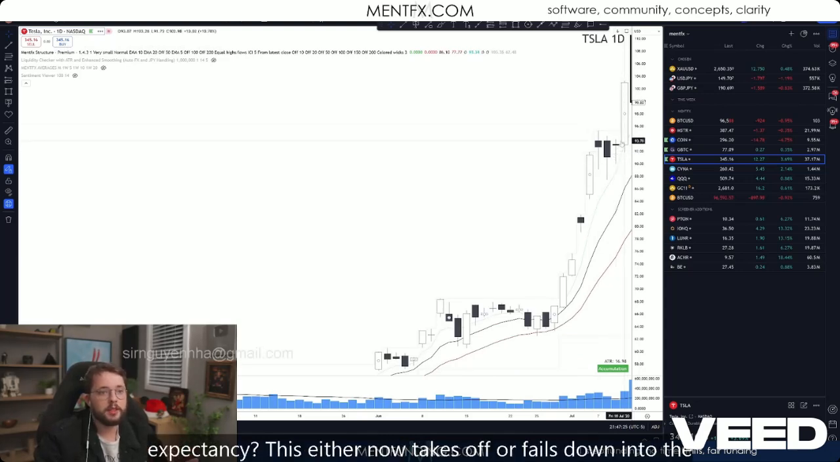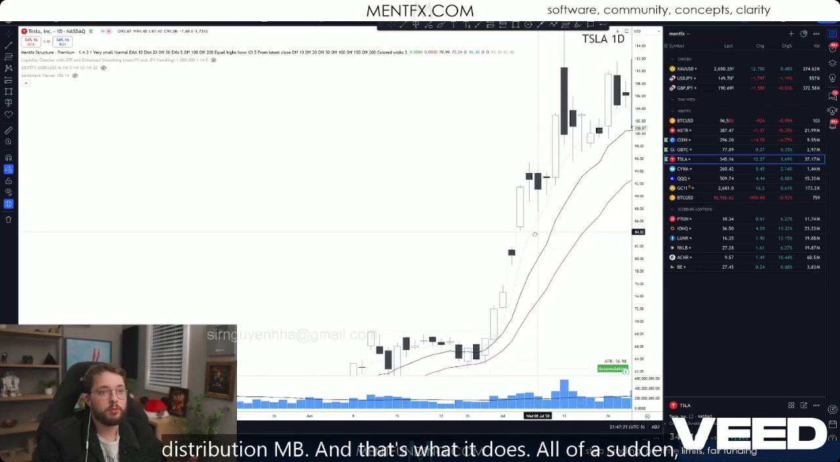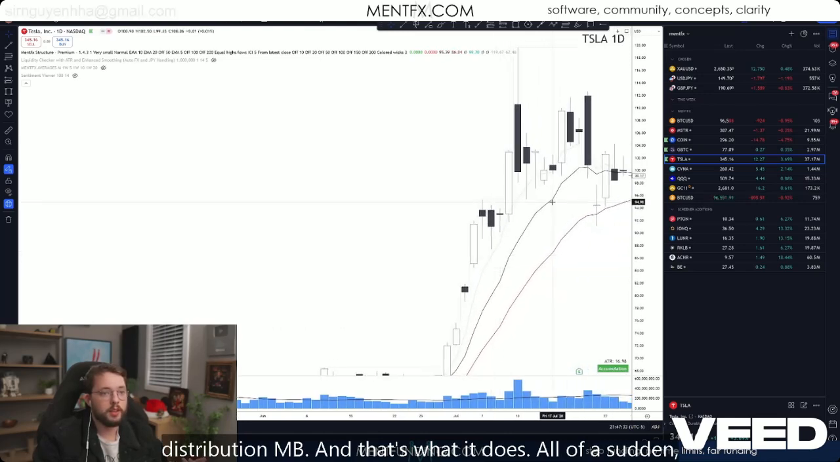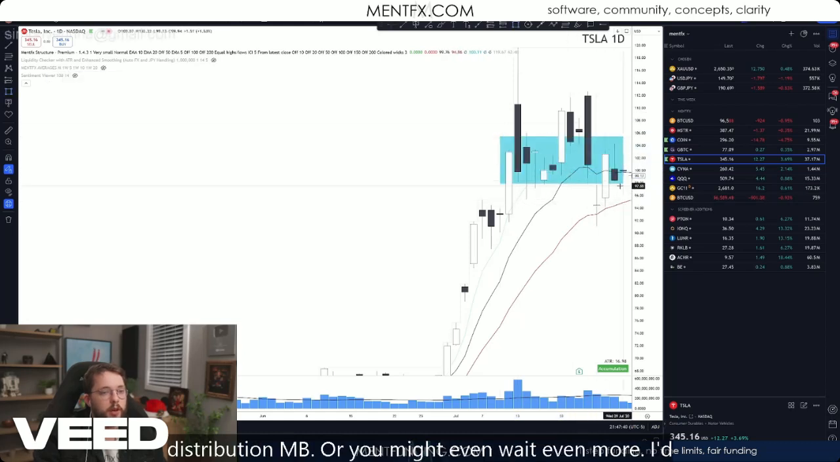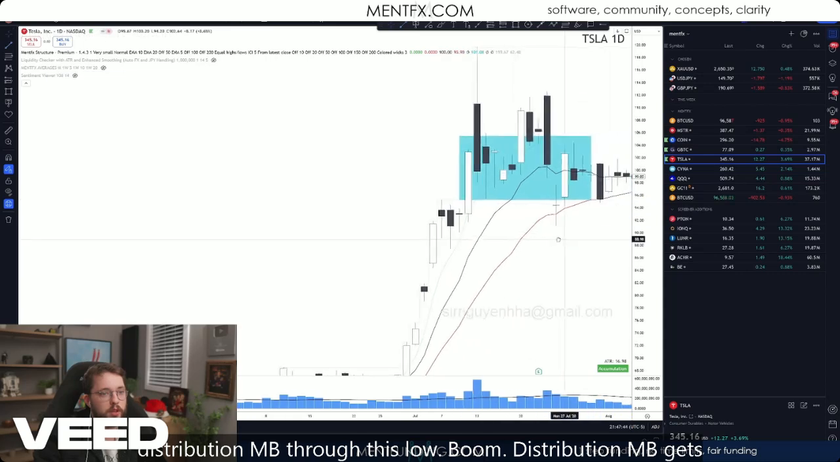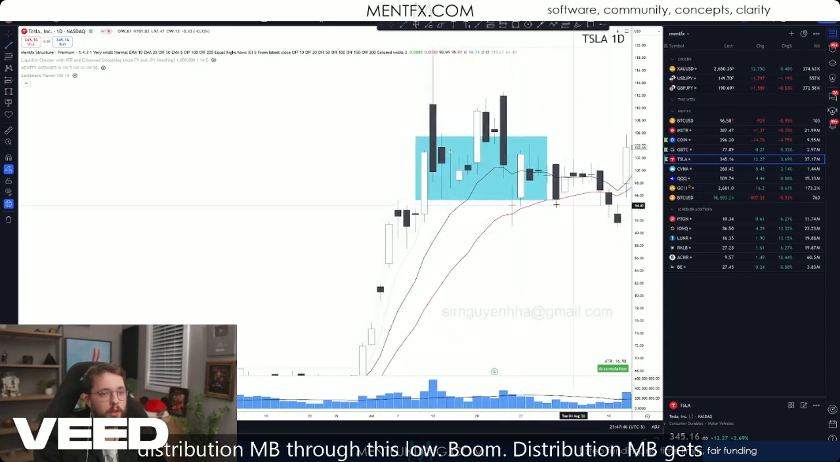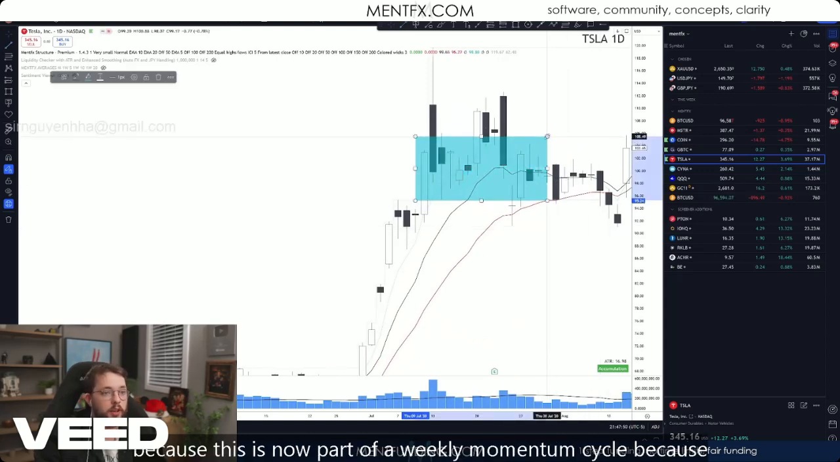So what's the expectancy? This either now takes off or fails down into the new distribution MB. So now this should build some kind of distribution MB. And that's what it does. All of a sudden it goes into a potential stage 1, and this builds a distribution MB, or you might even wait even more. I'd probably wait even further for this to build a distribution MB through this low. Boom. Distribution MB gets built,